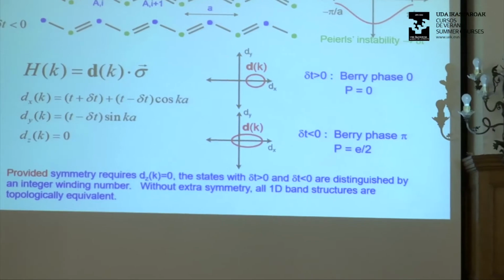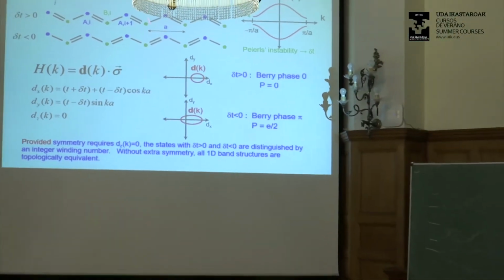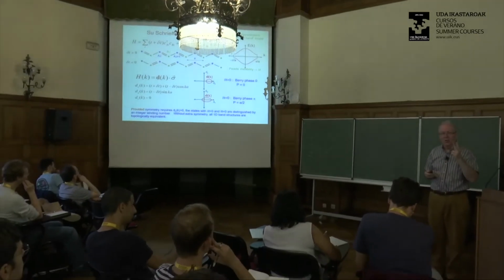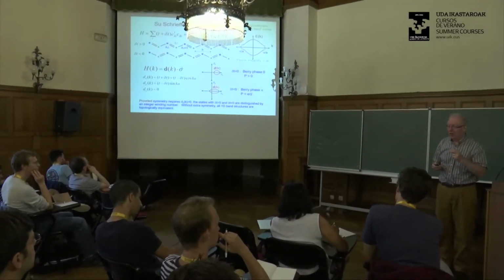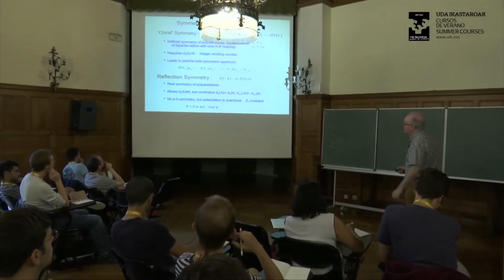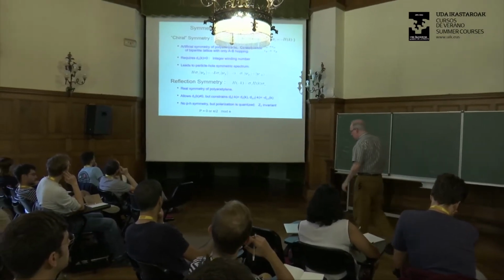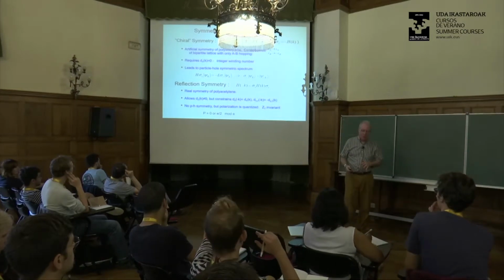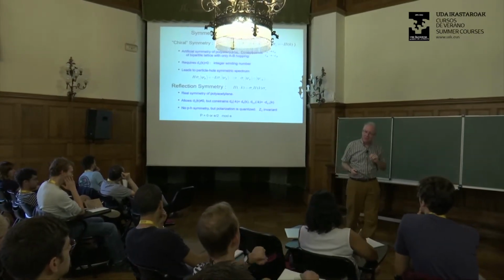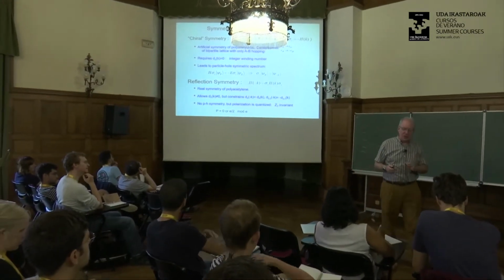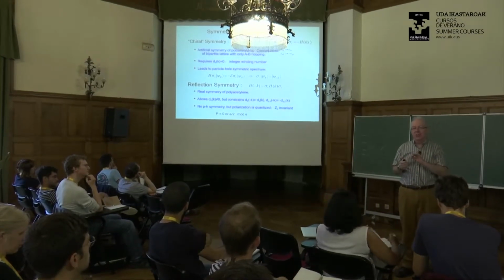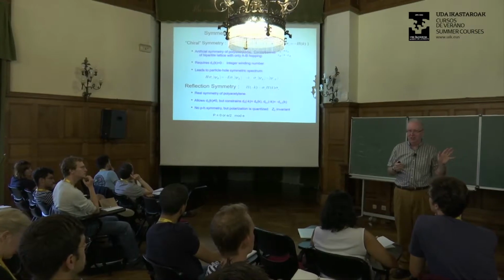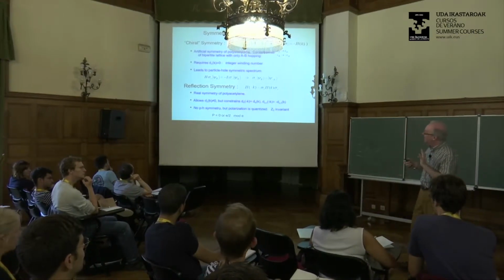And so let's just think a little bit about what the symmetries of this Su-Schrieffer-Heeger model are. There are actually 2 of them, and they're both interesting. The first one is what is sometimes called chiral symmetry, or particle-hole symmetry. This symmetry is an artificial symmetry of the Su-Schrieffer-Heeger model. It's not a real symmetry of polyacetylene. It's just a symmetry of the model. But it's kind of a nice symmetry.